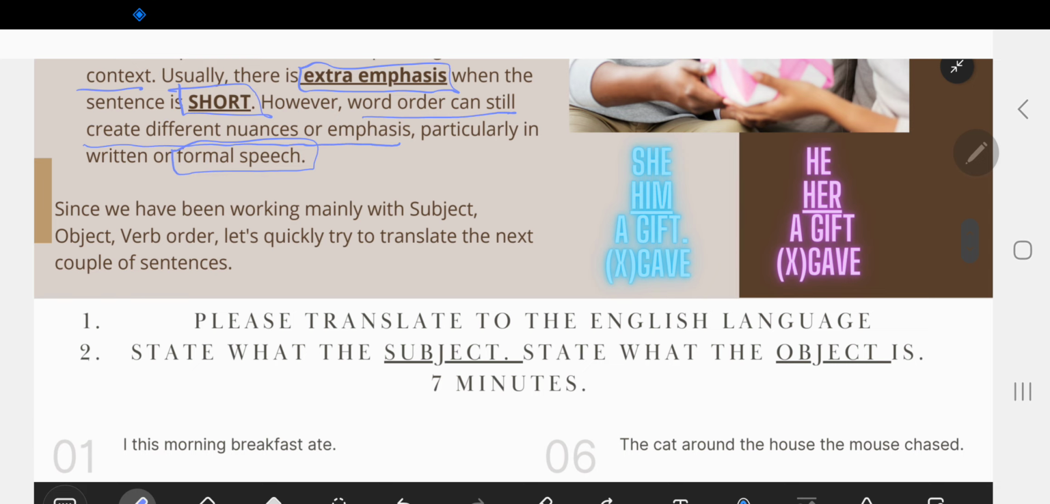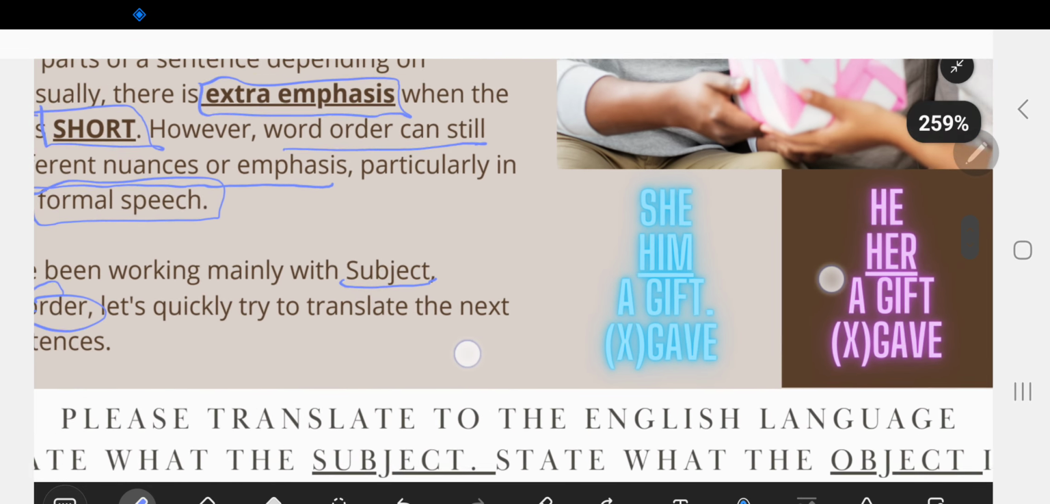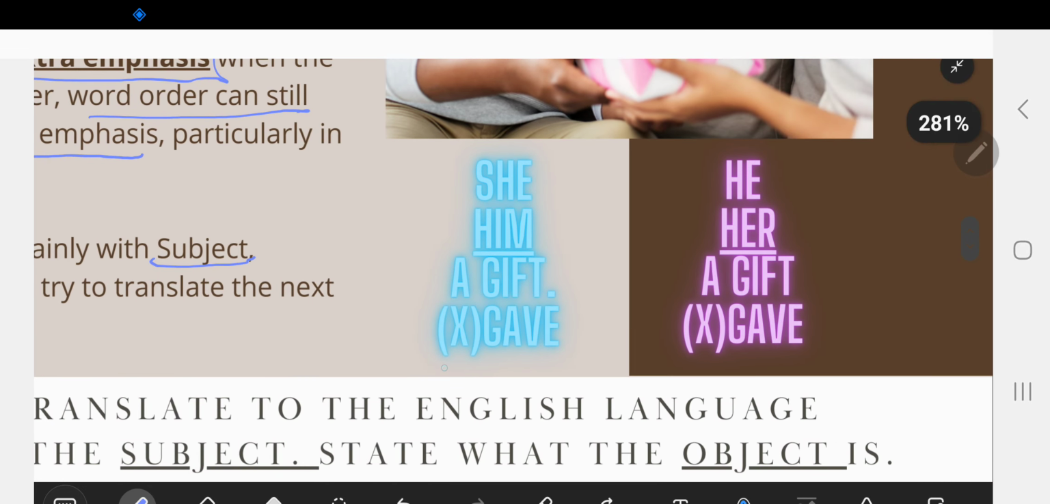So since we've been mainly working with the subject, object, verb order, right? For now, we've been learning with subject, object, verb. So what if we went into something like object, subject, verb, right? So I just want to go over an example like this. So if this were